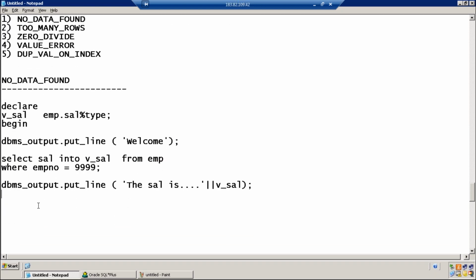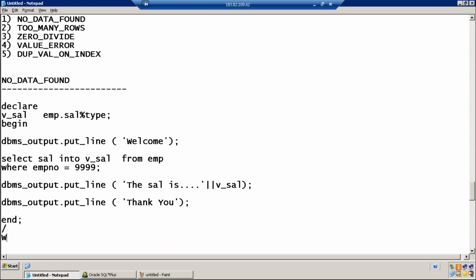And then the salary is vsal, and then a message.